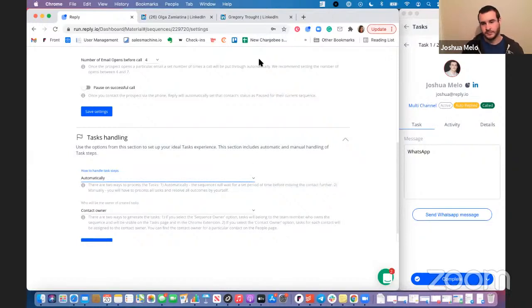Yeah. All right, so I just checked. I can't see any more questions. We did get one here. What if I want to add the LinkedIn step to the sequence, but I don't have a LinkedIn profile imported? I use another email search service. Is there any way to add it with Reply?